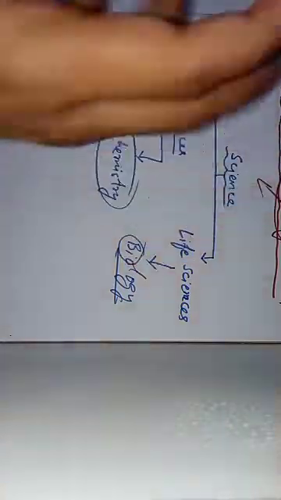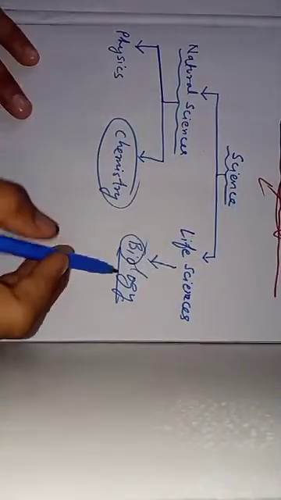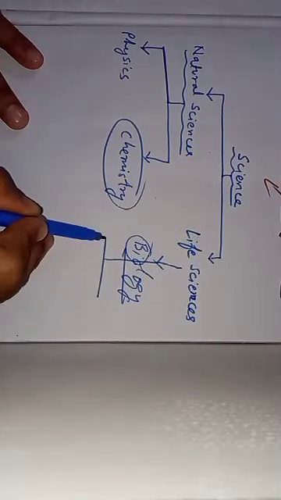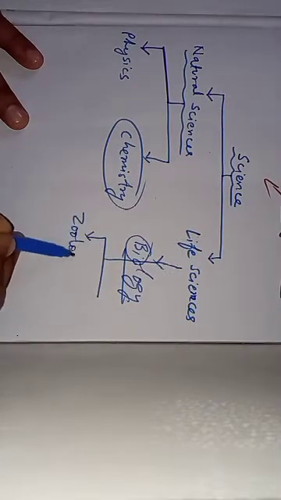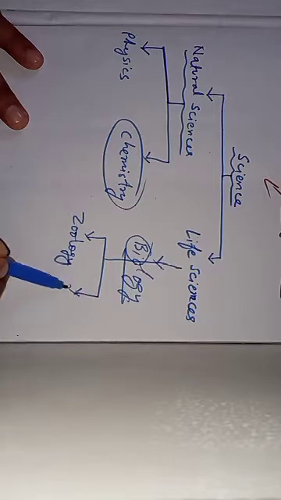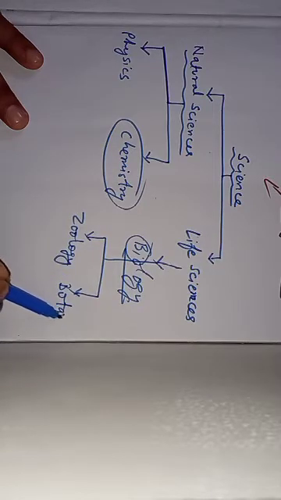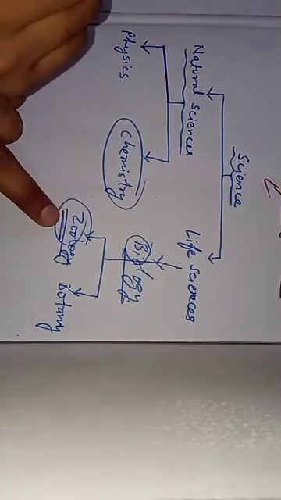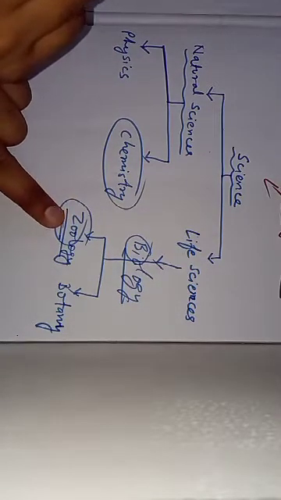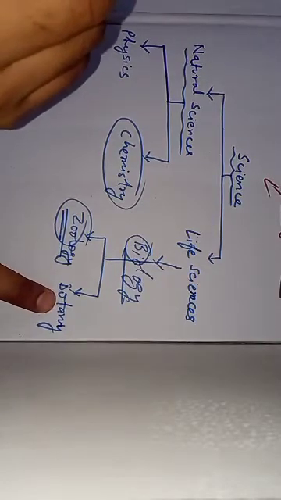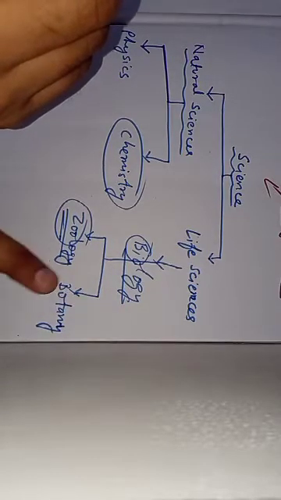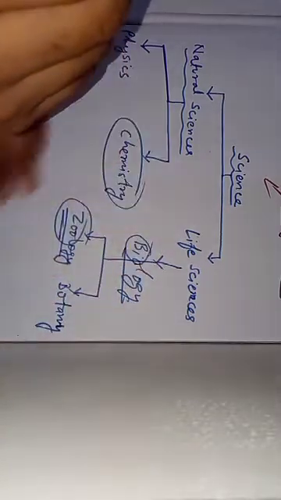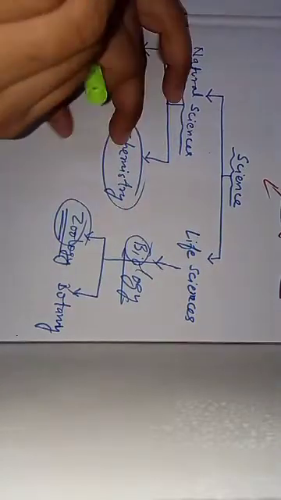So life sciences are of two types: zoology and botany. In zoology, you study about animal life, the science of animals, and in botany, you study about plant life, the science of plants. Okay, and collectively they are known as biology, and I hope you have this book, Biology. So physics, chemistry and biology are the main divisions of science.